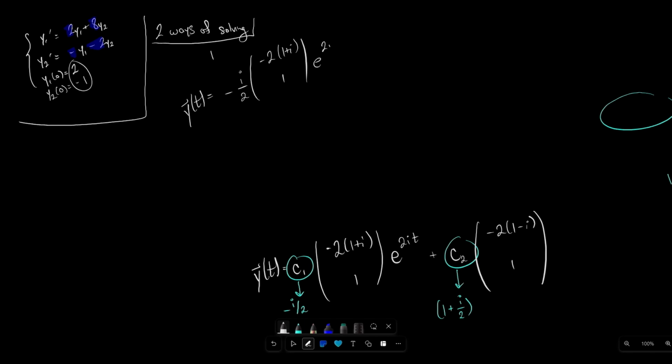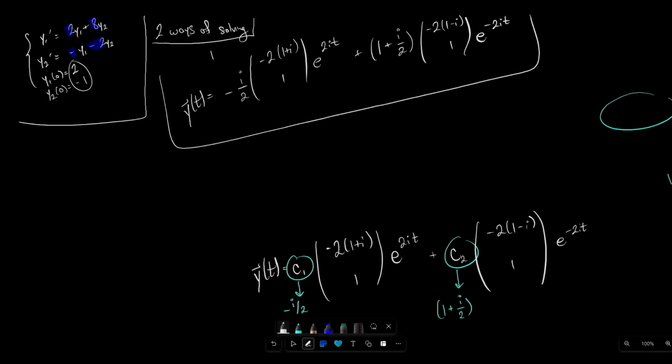e to the 2it, plus 1 plus i over 2, negative 2, 1 minus i, 1, e to the negative 2it. So there's the actual solution. If you wanted